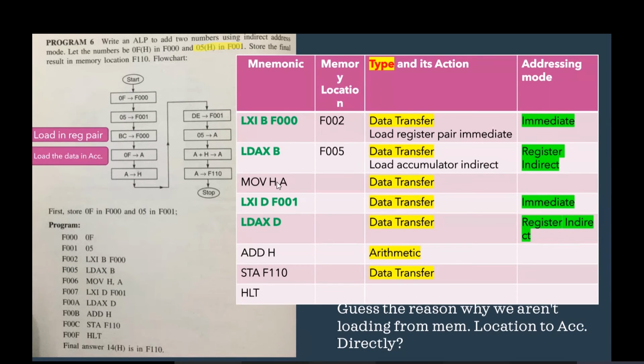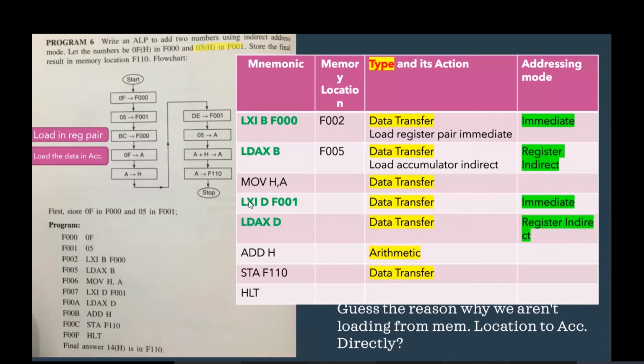Now what am I doing in the next step? I'm pushing whatever is in my accumulator to H. You must be thinking, all we did so far was move the data around. The data was somewhere, we pushed it into the BC register pair, and from the BC register pair we pushed it to the accumulator. From the accumulator, we're pushing it to the HL register pair. Very interesting, right? So that is what is happening so far. The data is just moving around.